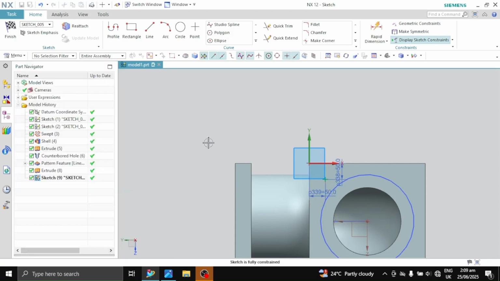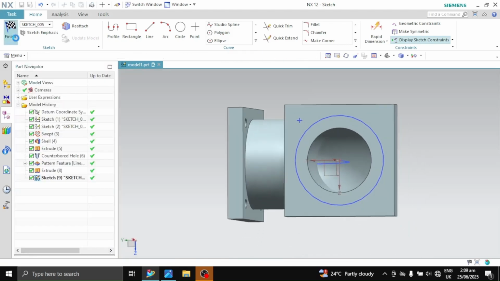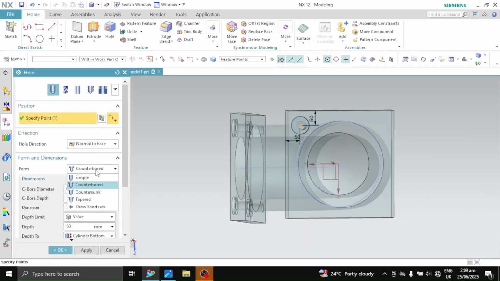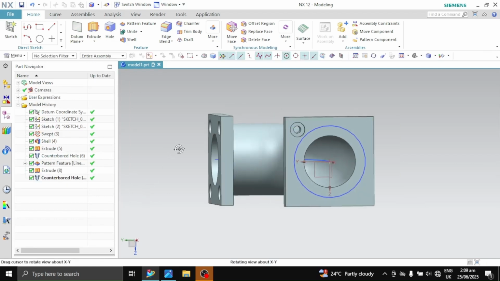Press close. I click on finish. Make sure the hole is counterbore, 60 millimeters, 10 millimeters depth, and a 30 millimeter diameter, and a hole depth of 50 millimeters, and press OK.